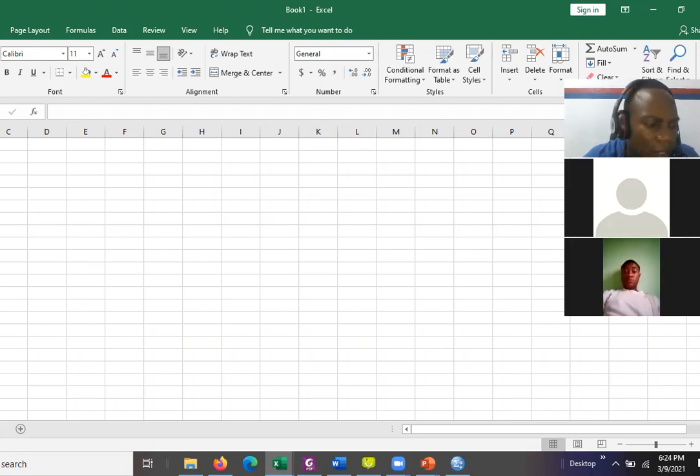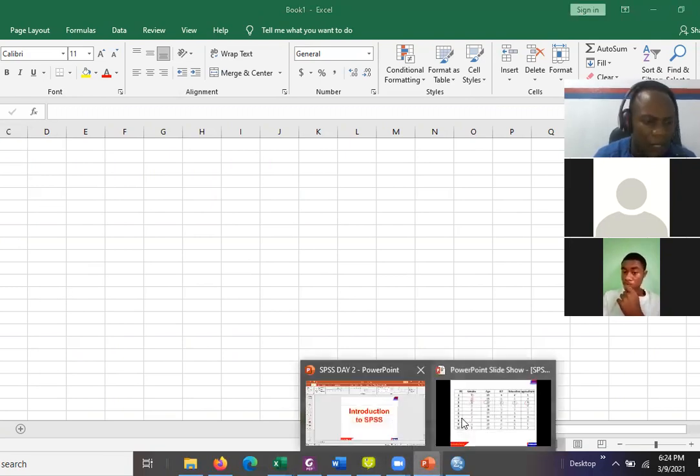It's important. The data easily gets corrupted, and once the data gets corrupted, it becomes problematic for us to retrieve it. So it becomes very vital for us to use the data input in Excel before we continue. Now, once you input your data, like I said, getting back to our code guide, which we have here,